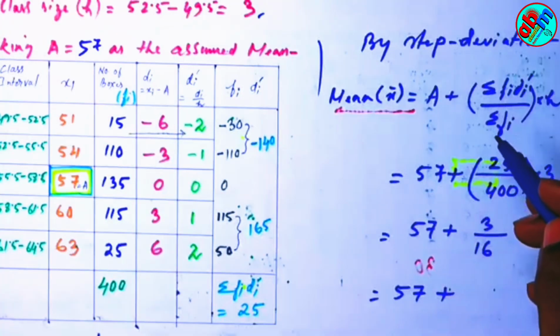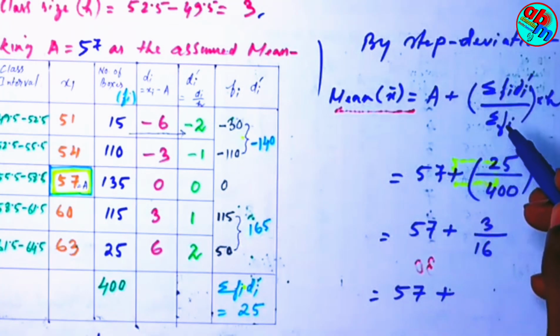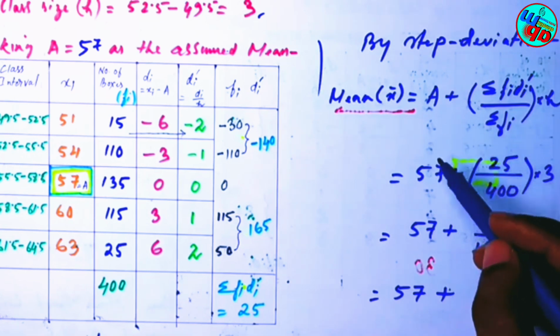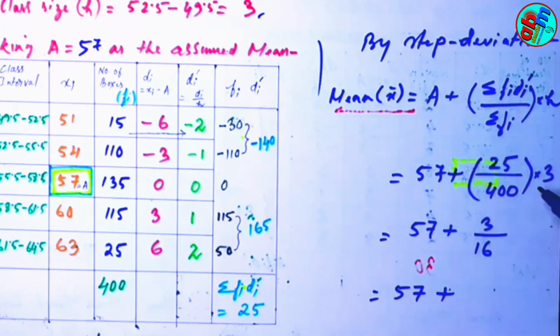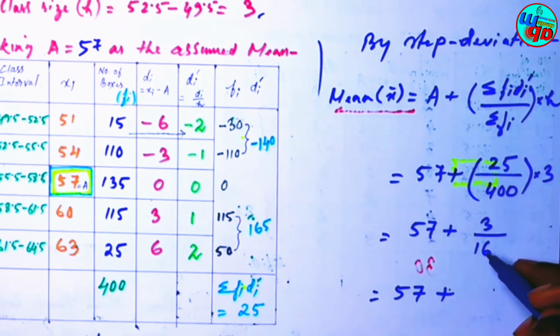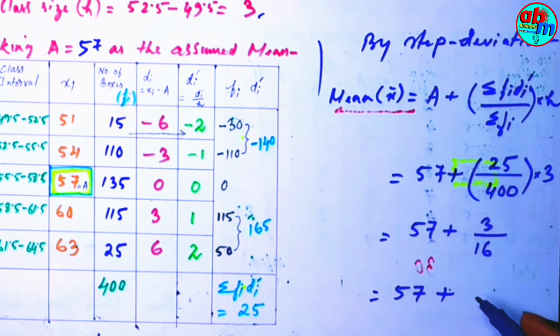By the step deviation method, we have mean equal to a plus summation fi di dash by summation fi into h. So we put the value of a as 57, 25 by 400 into 3, and we calculated, and we got 25 4s are 100. So 4 into 4 is 16. So 3 by 16 we have. So if we divide 3 by 16, we get